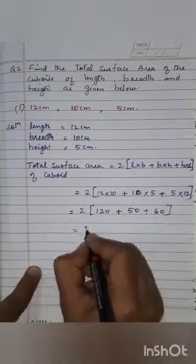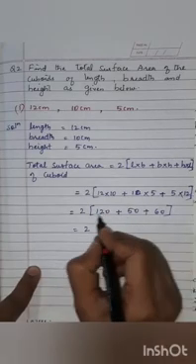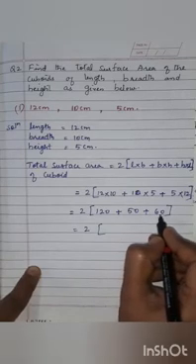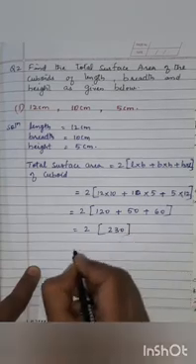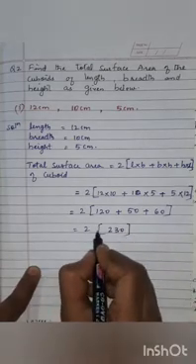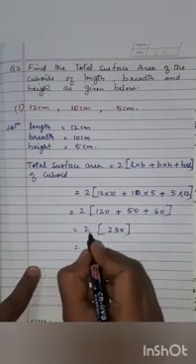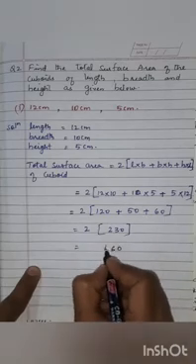Okay, now total it together, children. 120 plus 50 is 170. 170 plus 60 is how much? It is 230. Okay, then multiply now. Here no sign is there between this 2 and this. Okay, that means here a multiplication sign is there. So when we multiply, we get 2 zeros is 0, 2 threes is 6, 2 twos is 4.